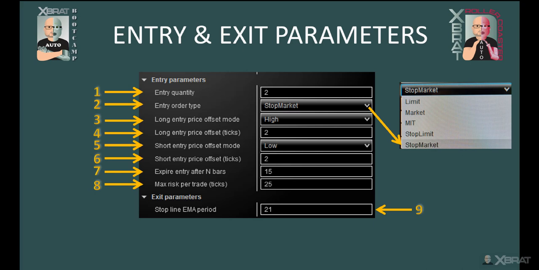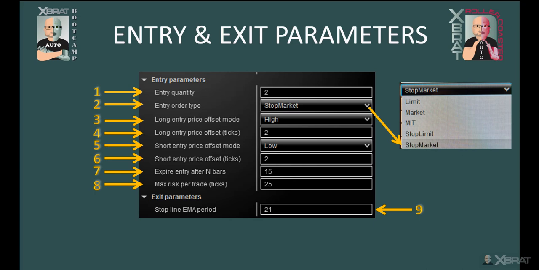Number 3 is the long entry price offset mode. So this is where the order will be placed upon the successful long signal being printed. As default, we've set this to high, which means to break the high of that signal candle before getting into a long trade. You can also select above the close of the signal if you really wish for an aggressive entry, but we suggest a start line above the high of the signal candle for the long is the